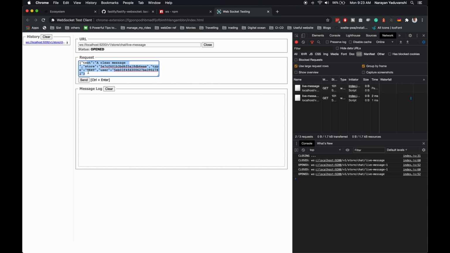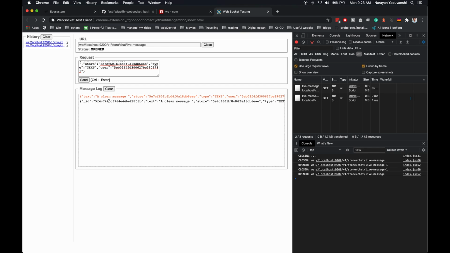One line will be the message which is going out, and the other the message which will be sent back to us from the server. So if I hit send, I can see clearly that a clean message, store, type text, user was sent. What the server has responded with is the ID of the newly inserted message in the database, with the same text, store and type.